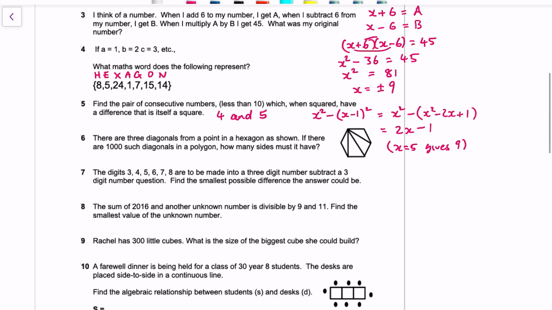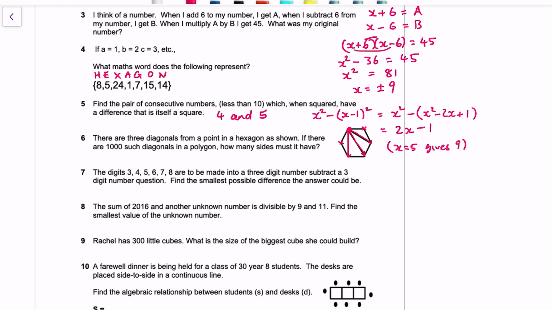There are 3 diagonals from a point in a hexagon as shown. If there are 1,000 such diagonals in a polygon, how many sides must it have? Okay, so if we're starting from a particular point and we're sending off diagonals to the other corners, the only 2 corners we don't send diagonals to are the ones that are adjacent to it. So if there's 1,000 diagonals,